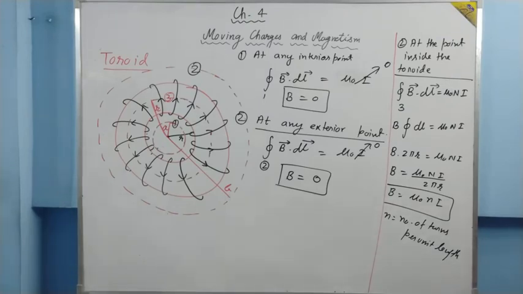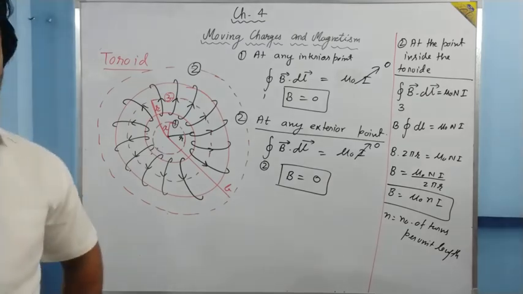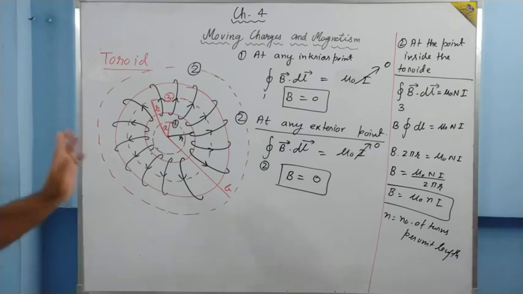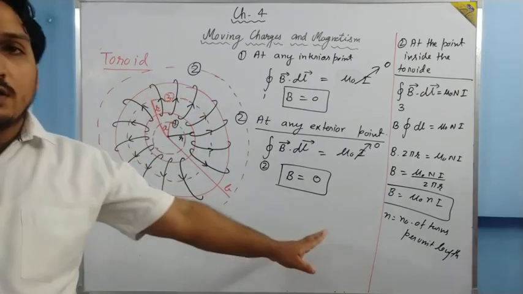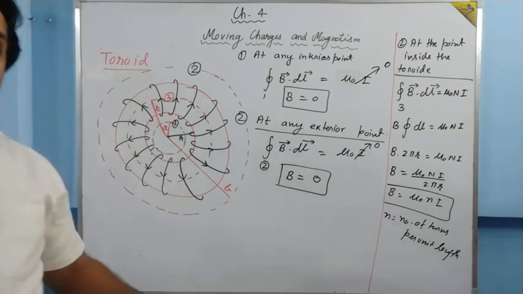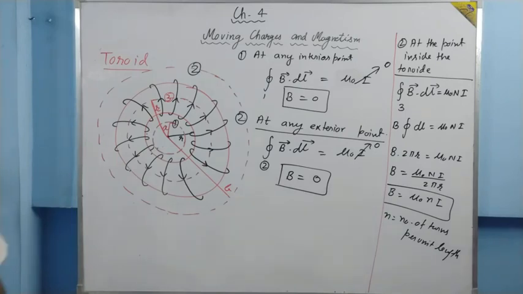Actually, so many things are deleted. The first application we have done in the Biot-Savart law, mu naught I upon 2 pi a, we have proved. One long page was taken into proof. That is deleted, but the expression is to be used over here in the proof of Ampere's circuital law. That's why I have told you that proof.